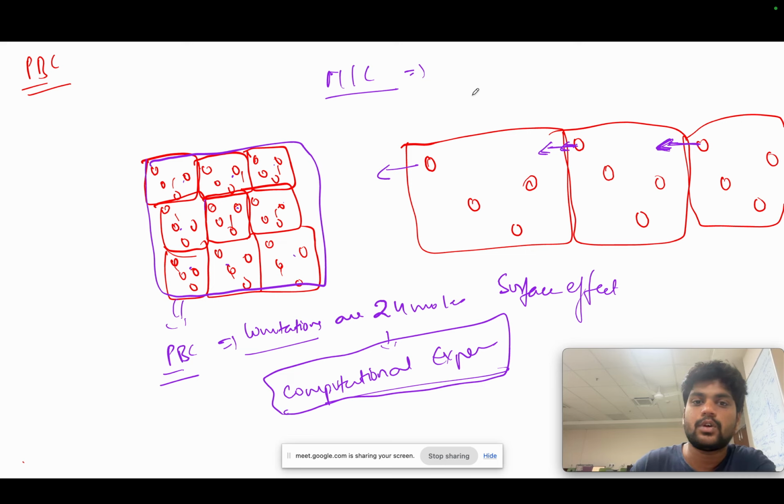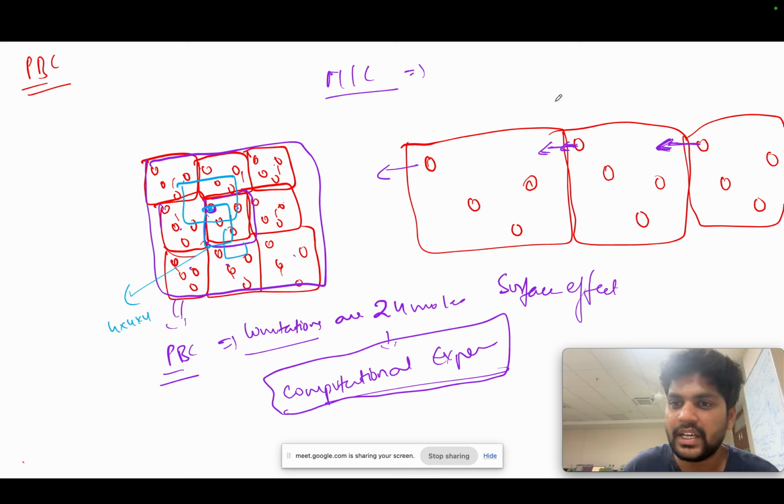Okay. So now it is the mirror image convention. What it does is, it will come to this state, or go to any state. It will take this molecule, and the entire box will shift to here. See, this box's dimensions are 4 by 4 by 4. This box will be shifted in such a way that this will become the center, and for this one, suppose here, if I take this one, the box is shifted in such a way that this molecule will be in the center. If I take this molecule,